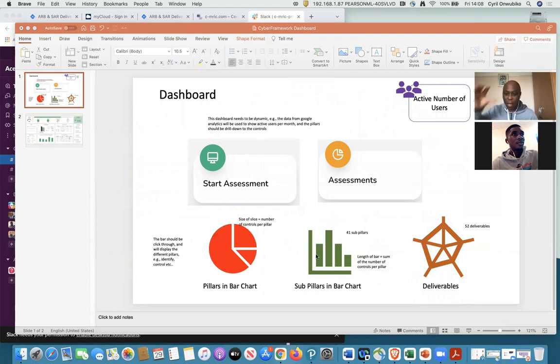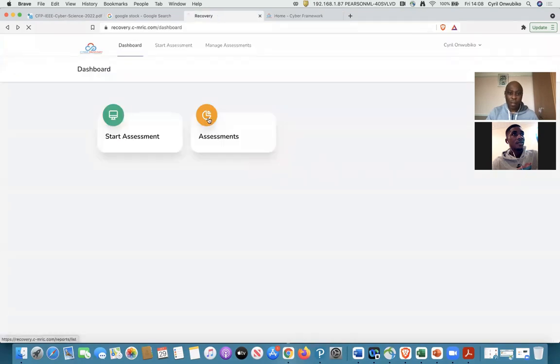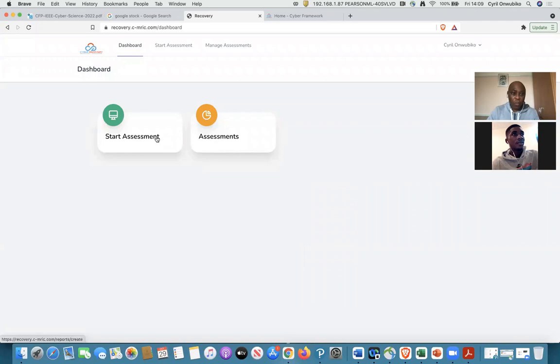Again, similarly, the length of the bar will be equal to the summation of the number of controls per bar, whatever number there. Here is 52 controls. Where did I get that from? I mean, deliverables. I got that from the backend. Where is recovery? If you look at recovery here, if you look at assessment, it's going to ask me to log on, then I will log on. So if you look at this assessment,